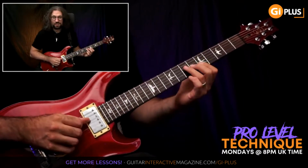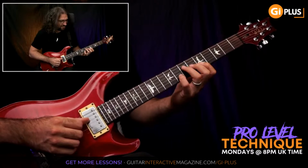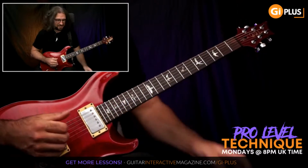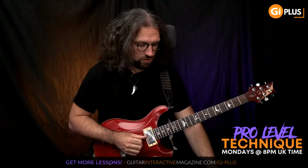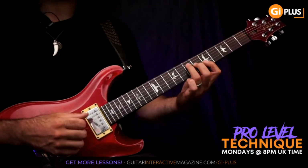Now, this is actually a skill all of its own, is playing over something like a blues, but trying to make it sound as if the chord changes are there when they aren't there. But we can try this together. So if we take the same arpeggio shape, which was this one right here, I'll show you in the close-up cam, this guy right here,